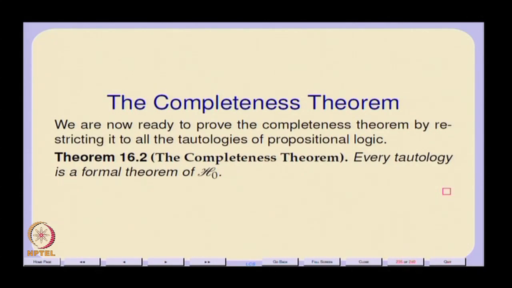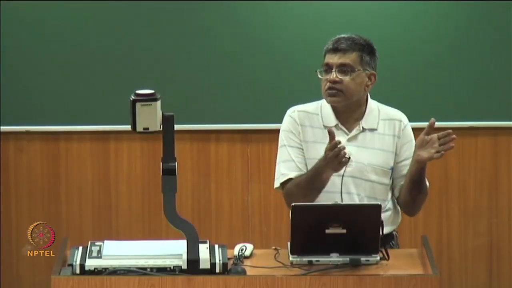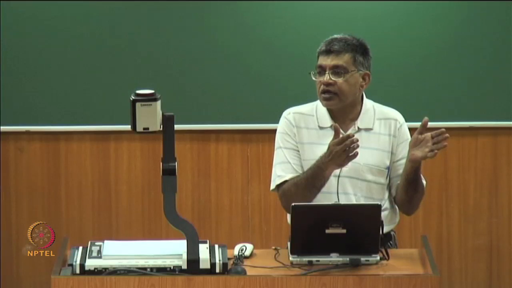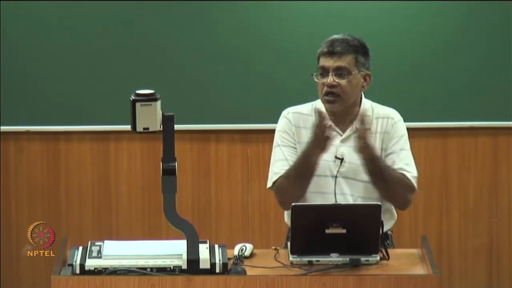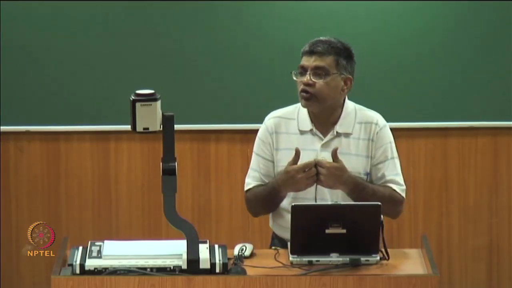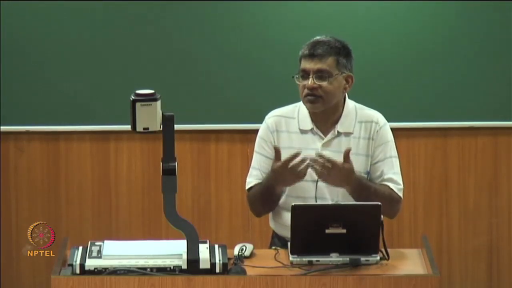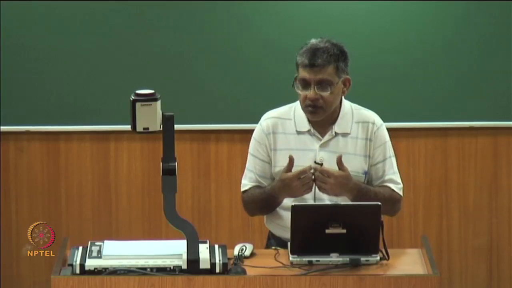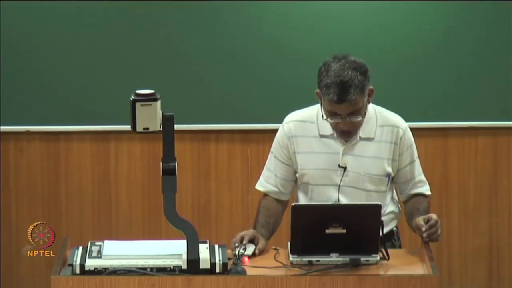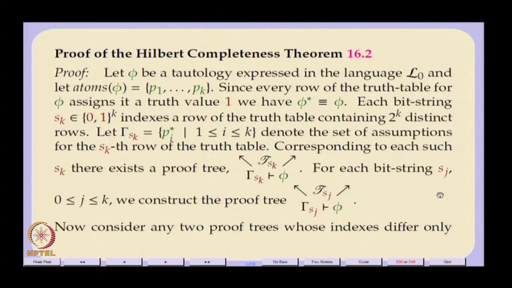You are talking about every assumption; the truth table has assumptions, right. The atoms, the truth assignments to the atoms, are still assumptions in every proof. So, is it clear that from there you can actually get down to proving every tautology? That step is not as trivial as I originally thought it was. And it is also a very beautiful proof, as you can see. So, we will go through this proof, right.